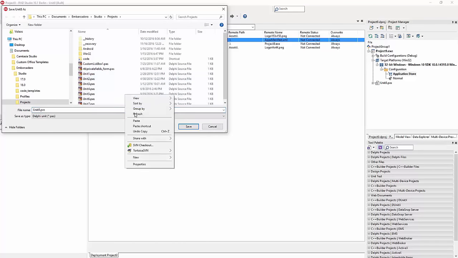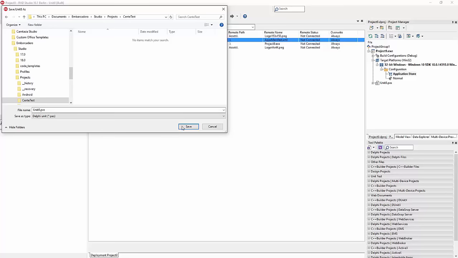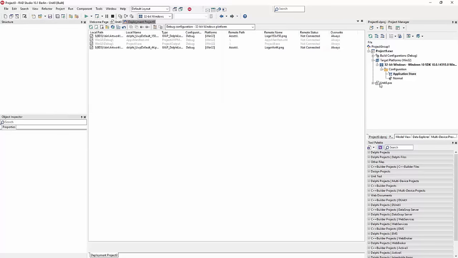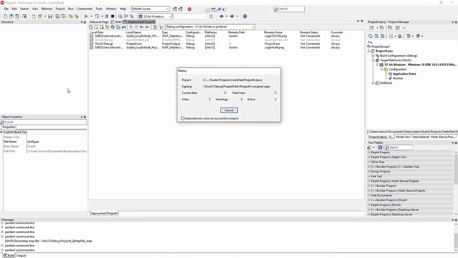Let me save the application in a new folder, Centennial test, and save it as unit 1 and project 9. So now I do my deployment operation,